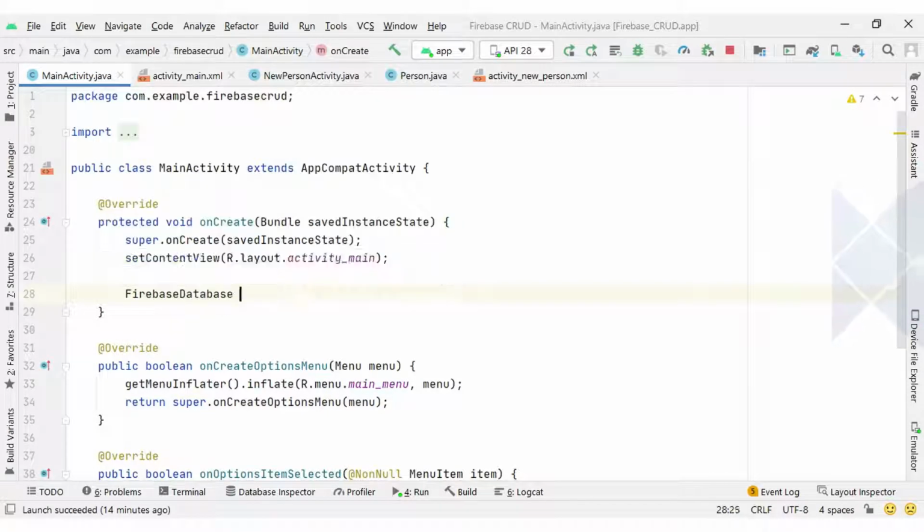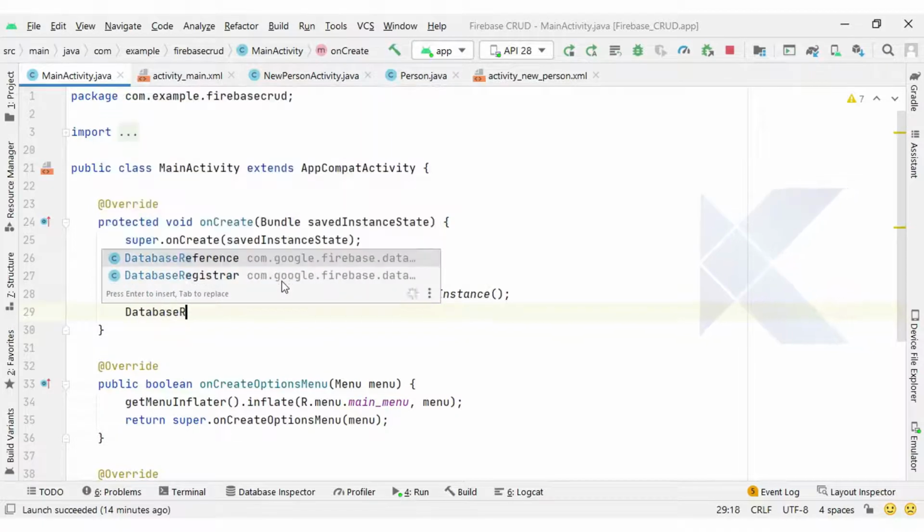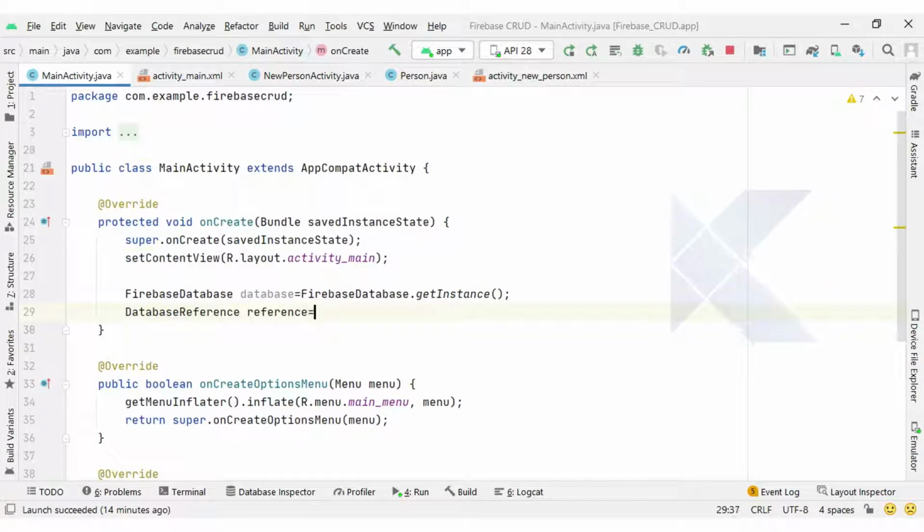So here I am going to create FirebaseDatabase equal to FirebaseDatabase.getInstance. We also used this method in the last video. Then after the database, we require a database reference instance. It will confirm which data you want to read.